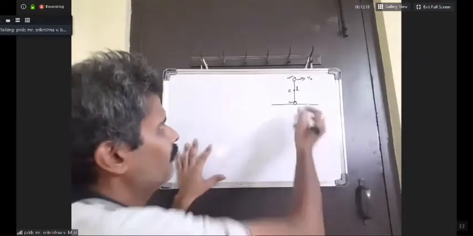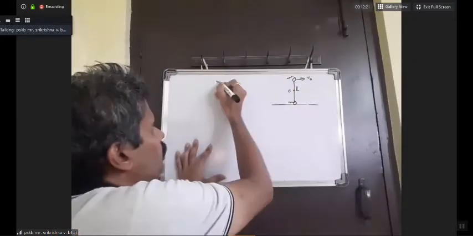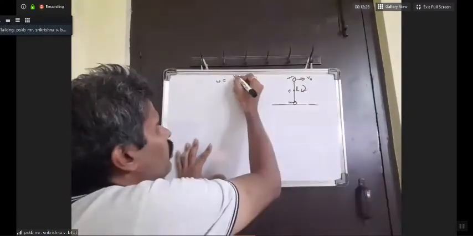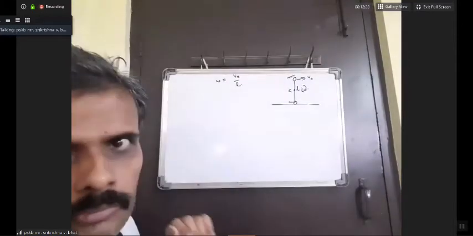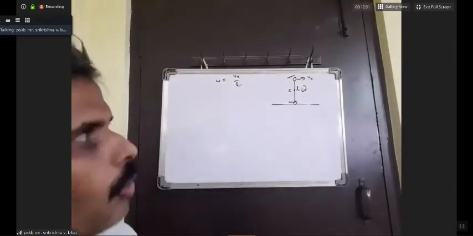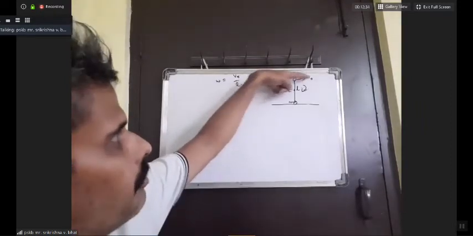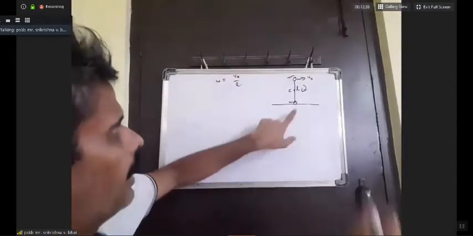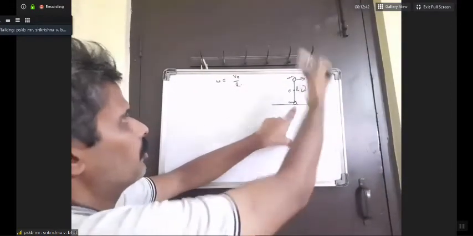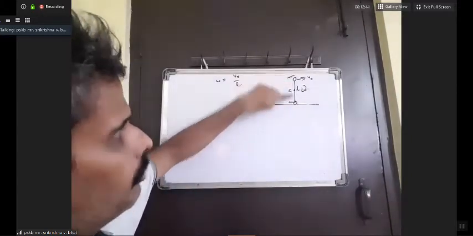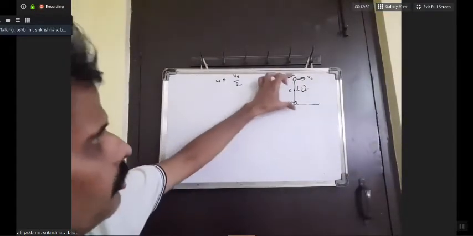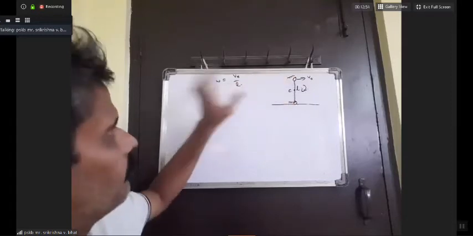One thing we can definitely say is that the angular velocity of this whole body will be clockwise, and it should be equal to v naught by L. Can we say this? Yes, sir. Because angular velocity is basically the velocity perpendicular to the rod divided by the distance between the masses. The angular velocity of this mass with respect to the other mass is the same as the angular velocity of the whole rigid body. So we can consider omega of this system of masses as V0 by L.